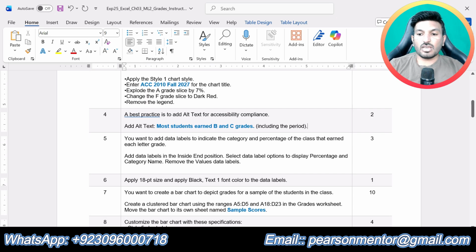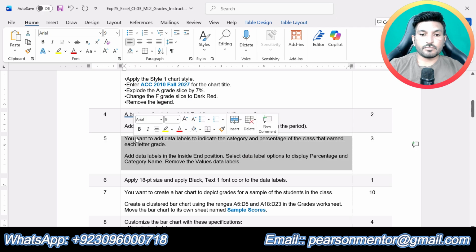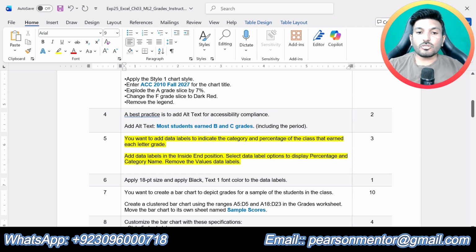Now let's do step number 5. You want to add data labels to indicate the category and the percentage of class that earned each letter grade.